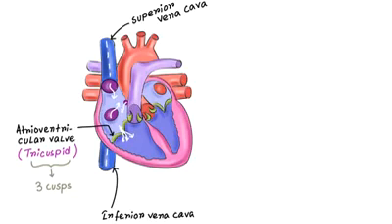All the heart valves are one-way valves. That means blood can only go in one direction. So it prevents the backflow of blood. After that, blood goes in this direction from the right ventricle through this valve. The name of this valve is the pulmonary valve. You can imagine the next destination of blood. So the blood goes to the lungs through this pulmonary artery.